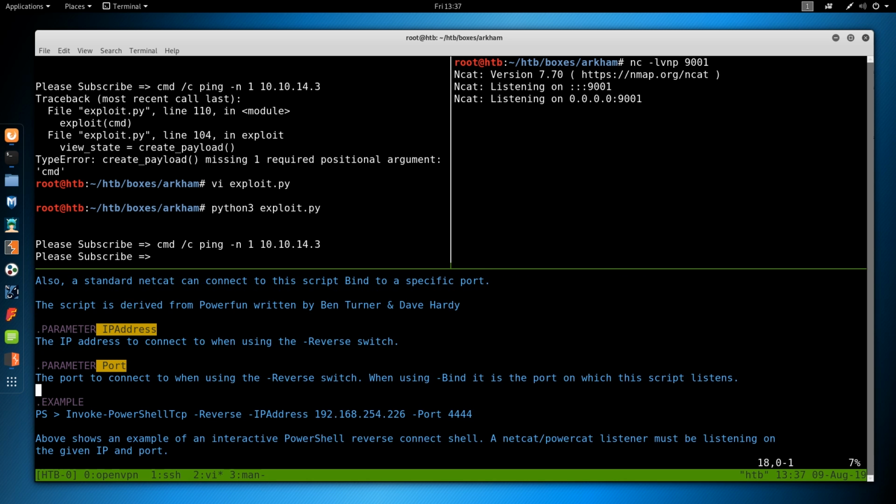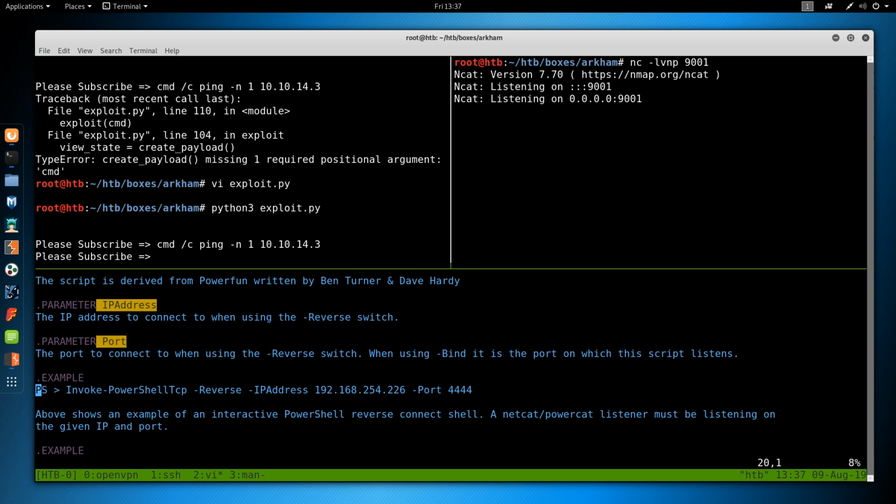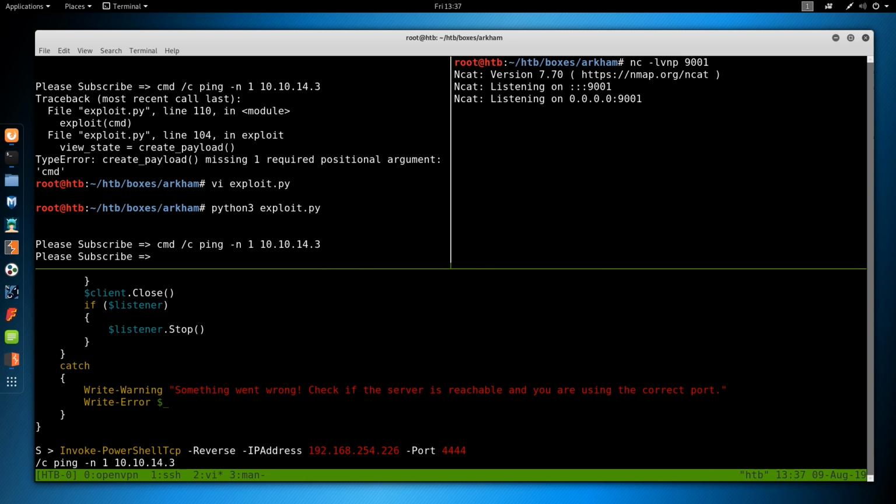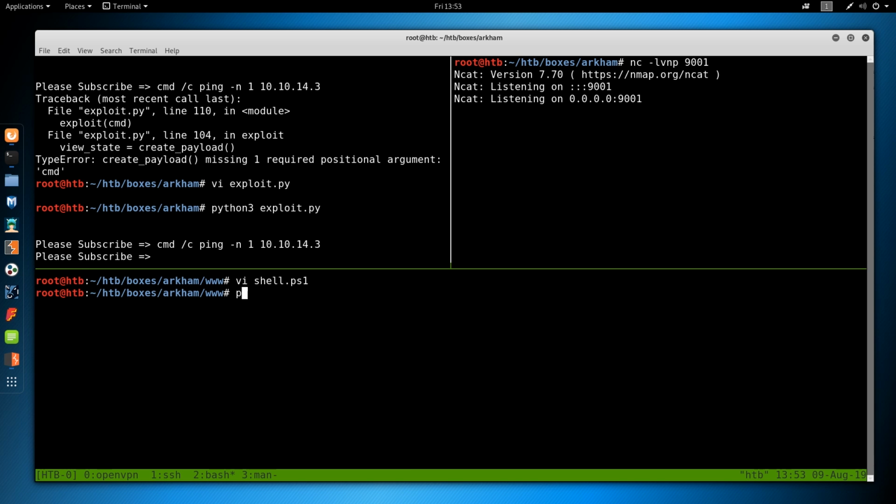Let's see, we want to grab this one, the reverse, and we'll put it here. We want 10.10.14.3, port 9001. So we can now save this and then just do python -m http.server, run on port 80, and